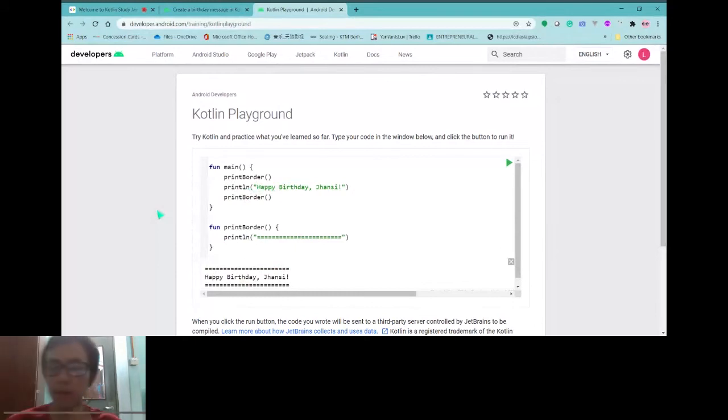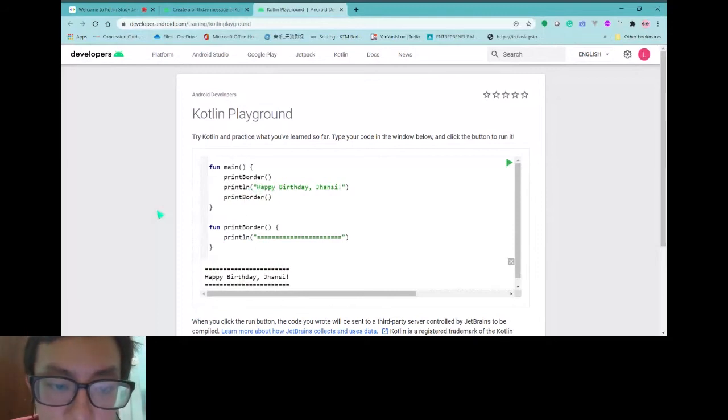Okay, for Kotlin, static is a reserved keyword for now. Basically we do not use too much static at first, and it actually does not have a static member for this class, as you can see here. For now, in Kotlin, we will not use that kind of static thing too much like Java.